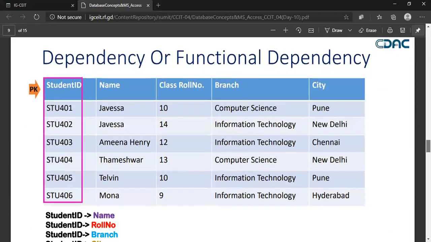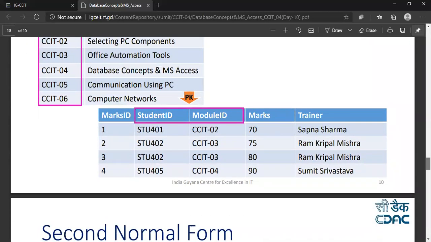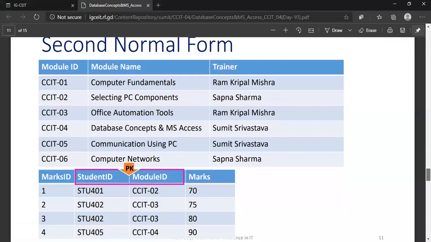So all the columns must depend on a primary key. If this is the situation, you can say your table is in second normal form. We have module ID, module name, and a trainer here. Similarly, in the next table, we have marks ID, student ID, and module ID. And we are using these two columns as a primary key.